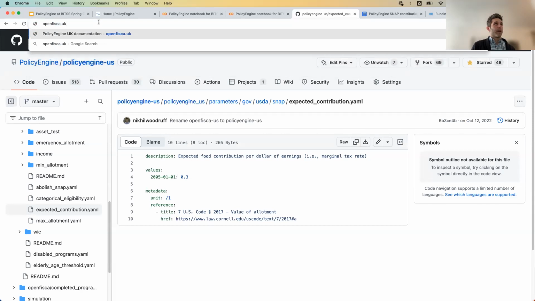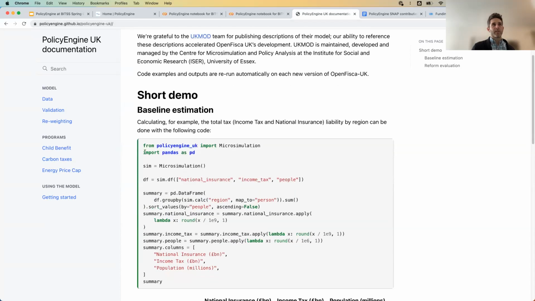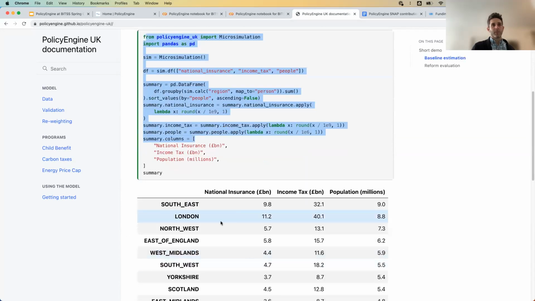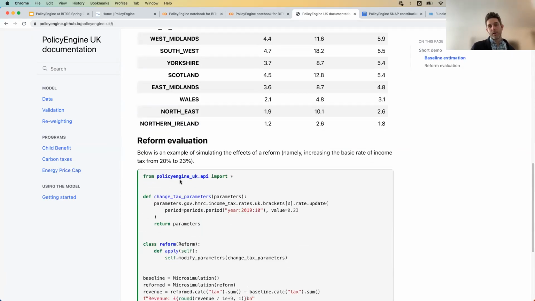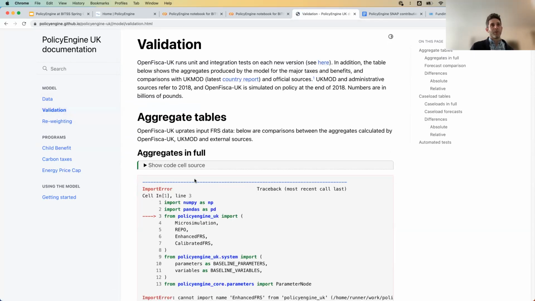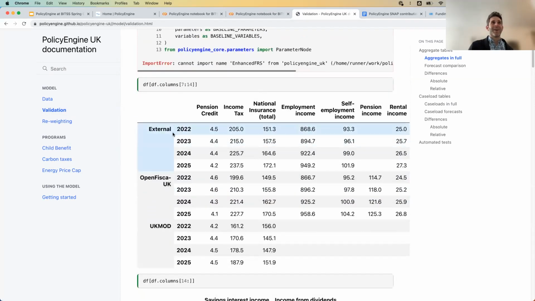And we also have a lot of documentation on using the software. So our UK is the most developed here. So we use Jupyter Book, which is a great way to publish Jupyter notebooks as web pages. So you have all these different code snippets and the results, showing people how they might use that interface beyond the web app, but also all of the validation we do. Oh, this is embarrassing. Okay, here we go. This is a little bit less embarrassing.